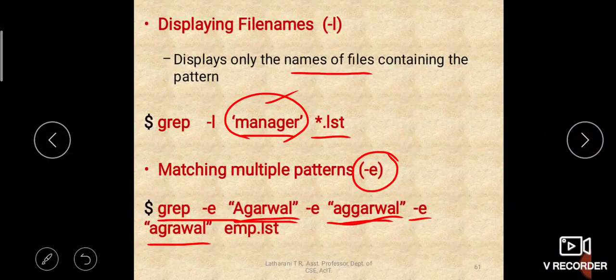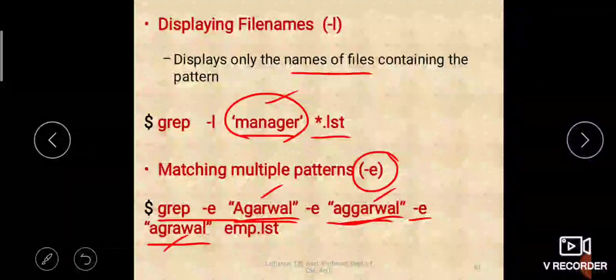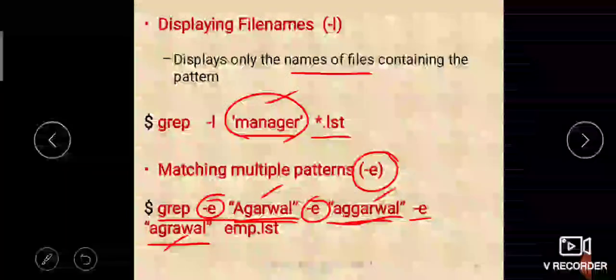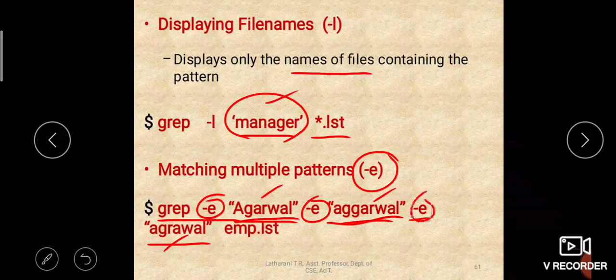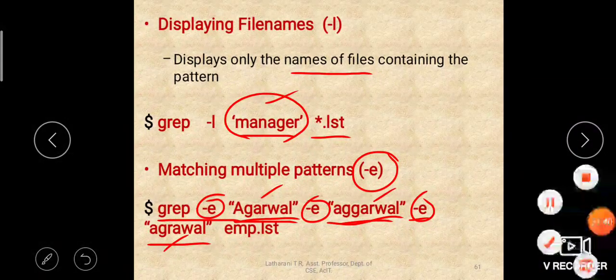So if you want to search any Agarwal's, you can use these patterns, and you can see in a single command you can give them with -e. You can match the multiple patterns by specifying -e for every pattern. Is that clear? So that is how you can use the -e option for matching the multiple patterns.